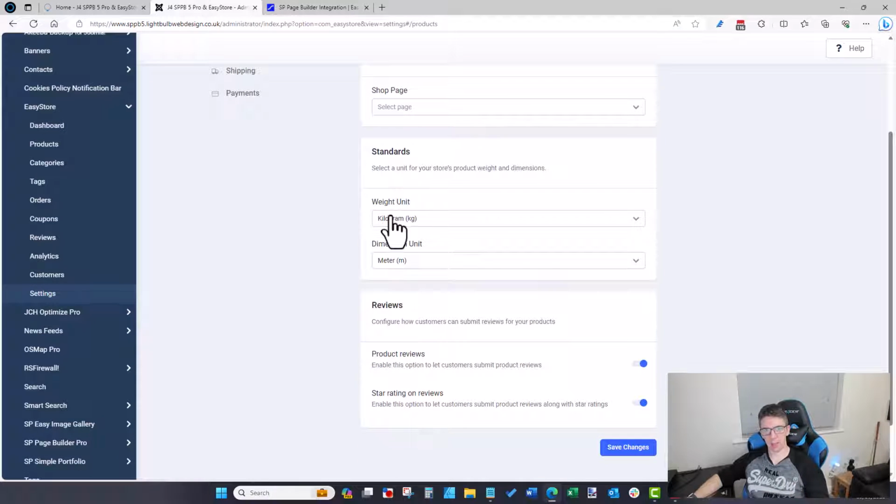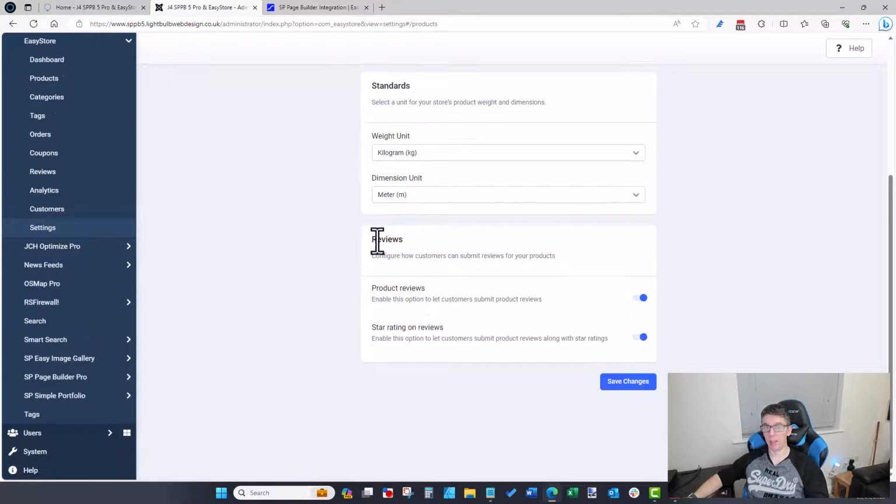Again, we can set standards of weight and dimension. Very, very nice to see reviews built in. So often you've got to add this as an extension or a plugin to an existing shop. This gives you it by default, which is great to allow. What I'm not sure of is whether this contains the structured data, for example, for search engines to pick up these reviews. Little questions like that I've got kind of hanging around